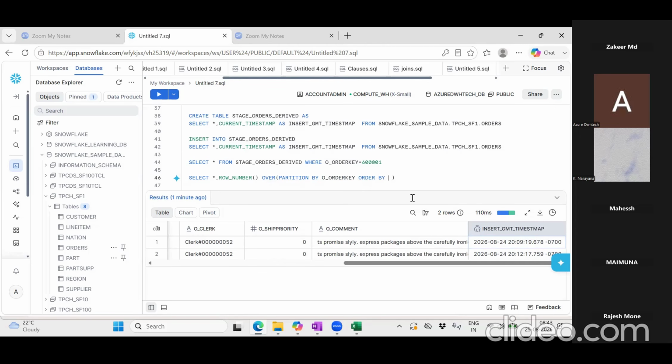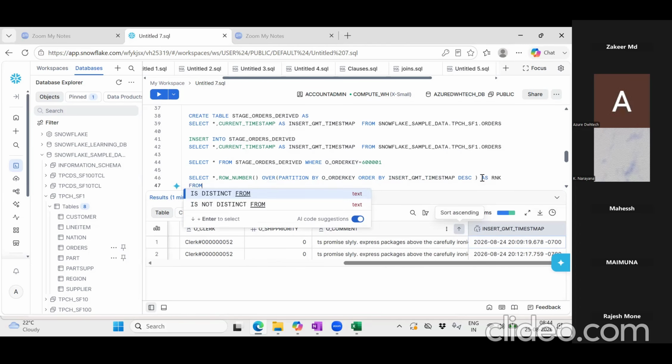By using the insert GMT timestamp, so insert GMT timestamp descending. I'm selecting descending, so my data will be sorted based on the insert GMT, and then as RNK. I'm just giving it some name. Now using this from table,